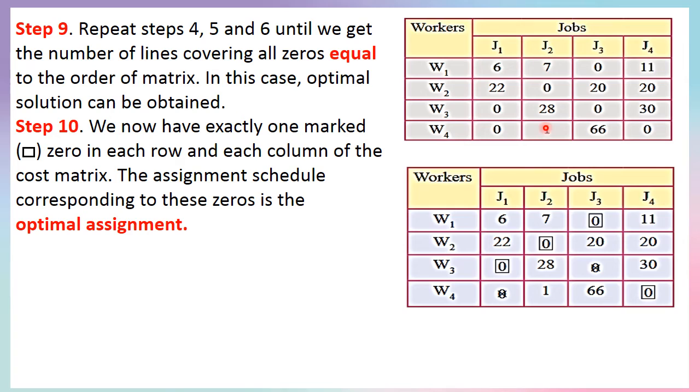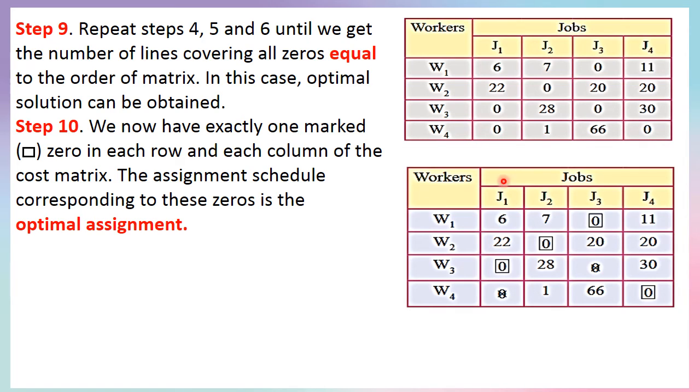So in this new matrix, observe each row and column, and we assign the row in which exactly 1 zero is found. Here in the first row we have exactly 1 zero, so we assign that zero and cross out the remaining zeros in the column. The second row also has exactly 1 zero, and we assign this, and there is no more zero in the column. The third row has exactly 1 zero now, because the other zero is already crossed out, so we assign this zero. The last row has 2 zeros, so we cannot assign now.